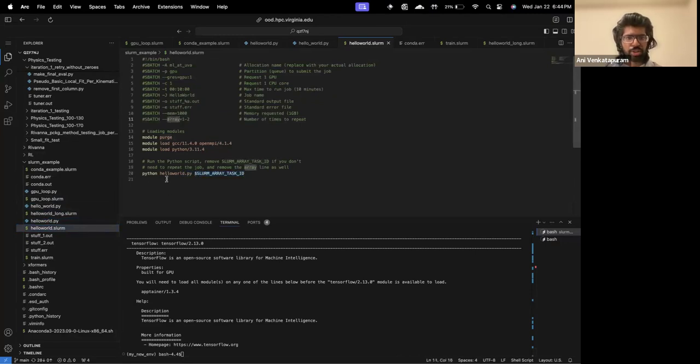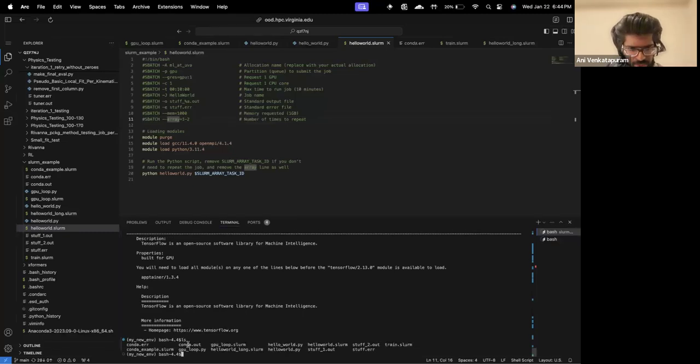The way this executes is it'll show Python hello world 1 and Python hello world 2 in your terminal. First I have to make sure I'm in the right directory, which I am. So from here, you can do sbatch hello world.slurm,